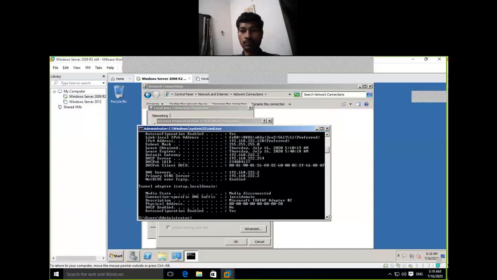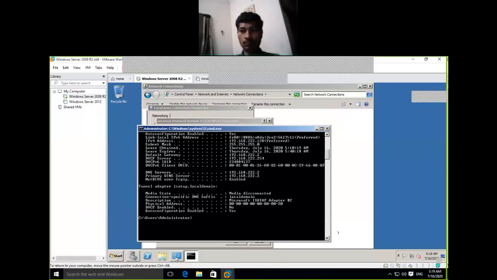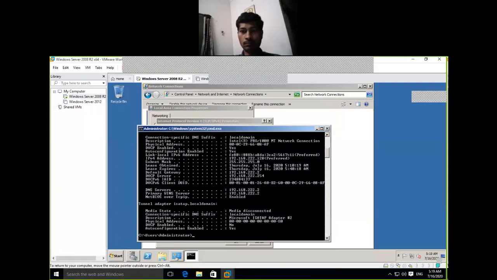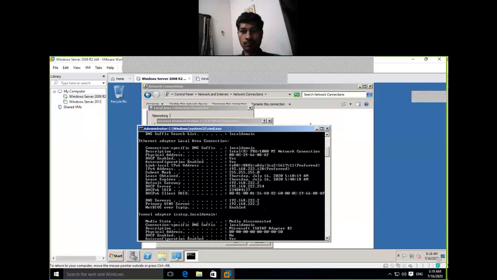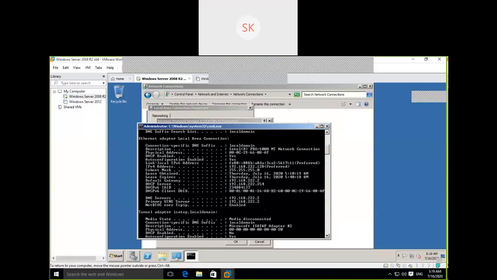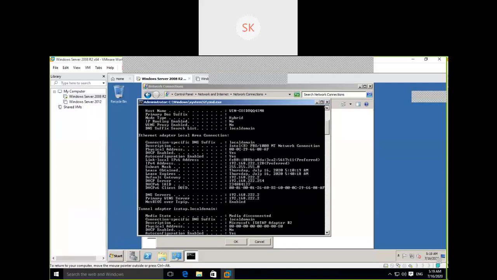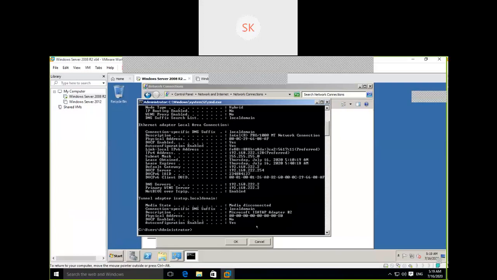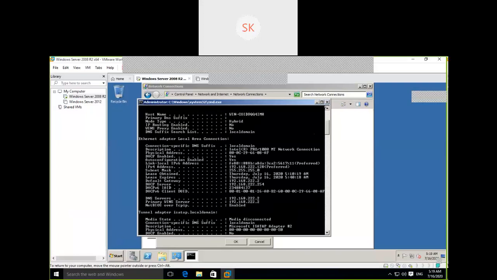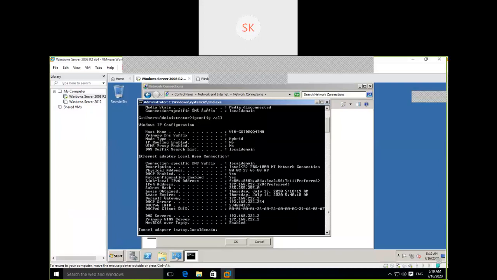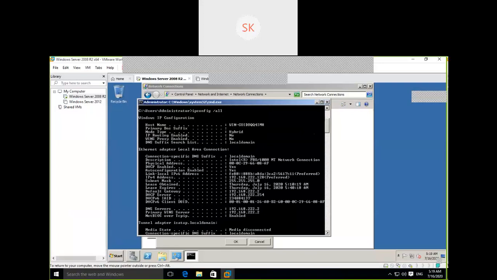See here. If you see the details of this IP configuration, there is a concept called DHCP server. That means this particular system is getting its IP from a DHCP server. We'll talk about what a DHCP server is in coming sessions. First, what is a static IP? What is a dynamic IP? Where should we use a static IP, and where should we use a dynamic IP?